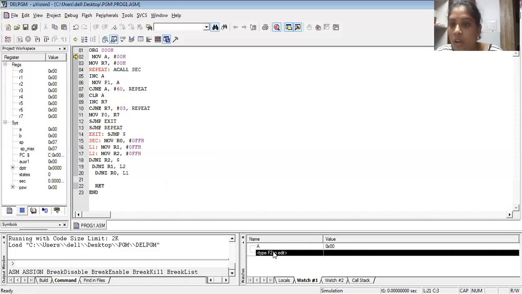So again I press F2 and type R7, for minutes. After that, press enter. Now in the watch window, I can have a look at both the contents of the accumulator and the R7 register. So now I'm ready to run the program and have a look at what exactly the count will be. After that, come back to your run option.